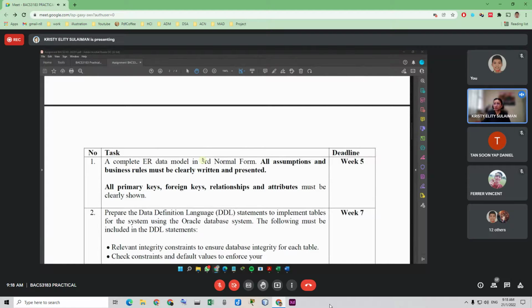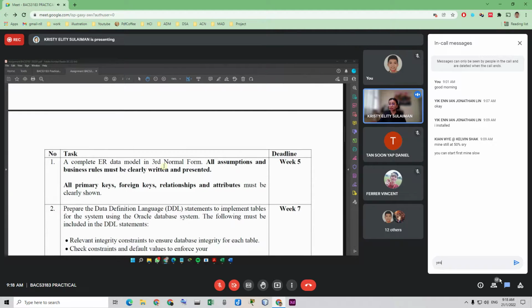Have you all learned about this previously in other subjects, maybe about the normalization of database? Anyone? So it should be familiar to you. That's good. So in week 5, you need to submit this.